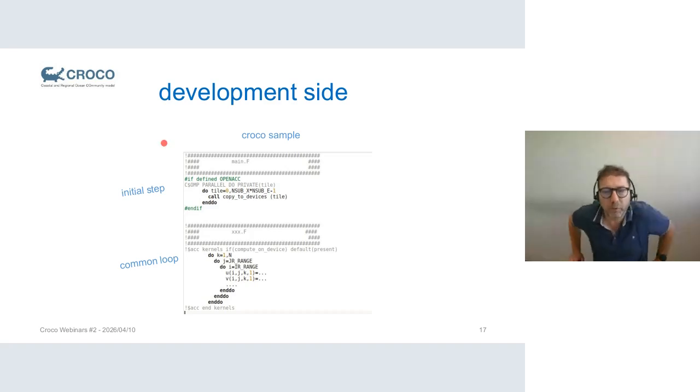Now we come to the development side. Usage of OpenACC is very simple. In Croco, we put all the data on the GPU at the beginning of the simulation. This means that in the main subroutine there is a call to copy to device. And in the common case, common loops can be accelerated to run on GPU